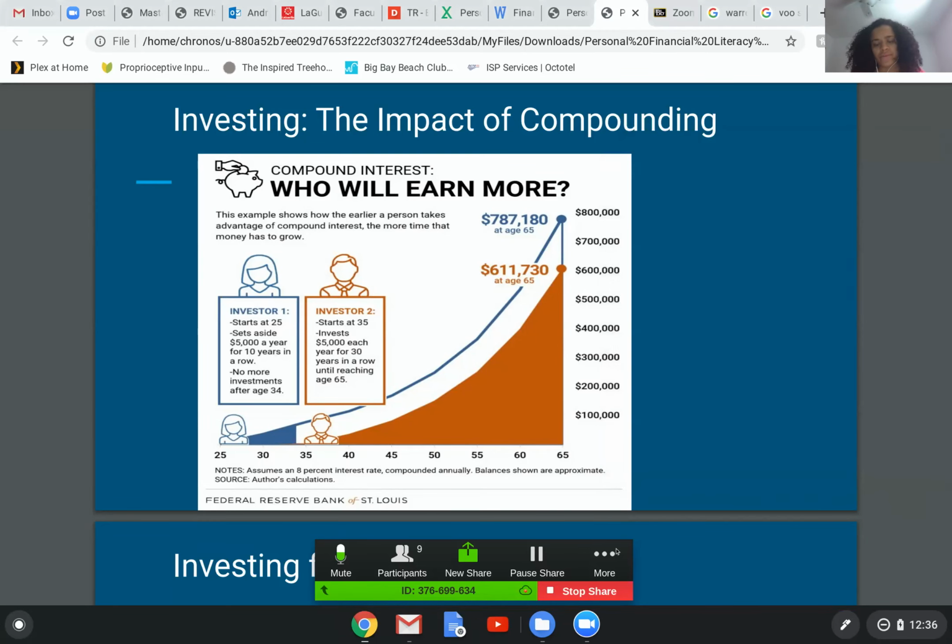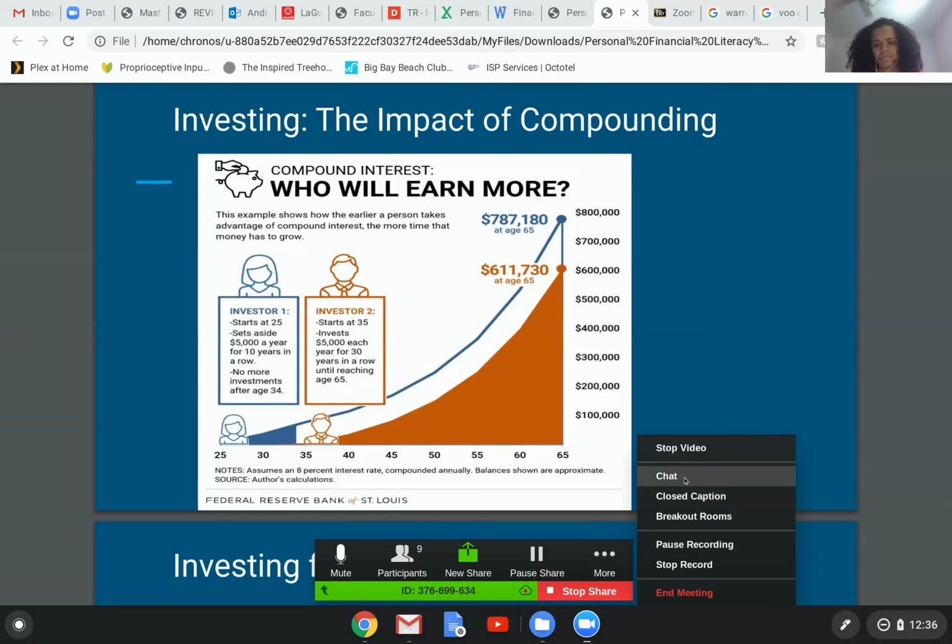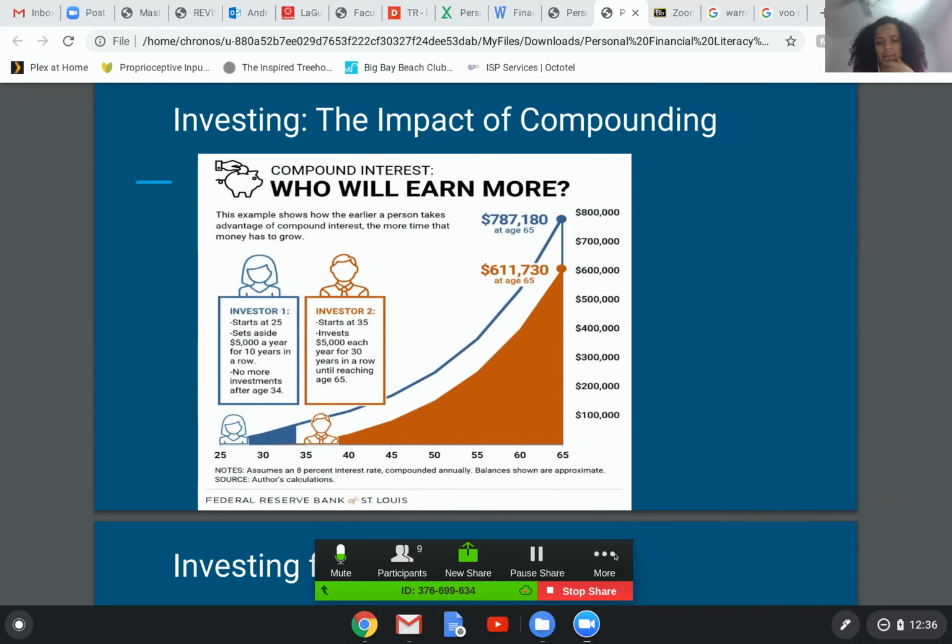So let me ask you this now: what would be helpful for those people who are really interested in investing? How can I help? Would it help you if I typed up some document with pointers? Would it help you if I set up the simulation in Investopedia? Would it help you to just talk to me during office hours? How can I move the needle for you so that you can actually meet some of your investing goals?